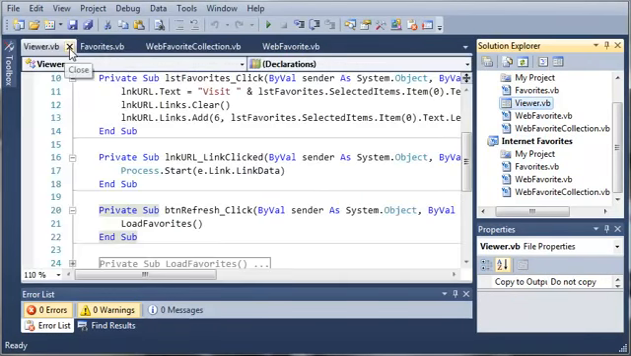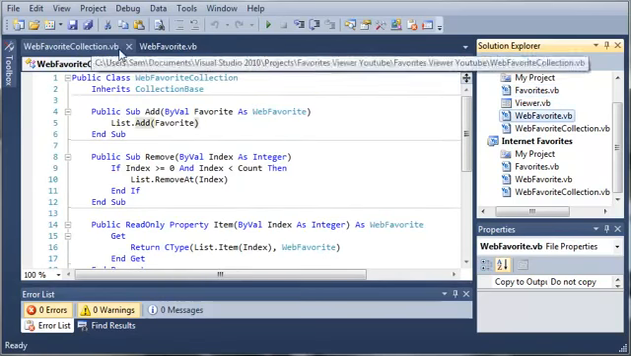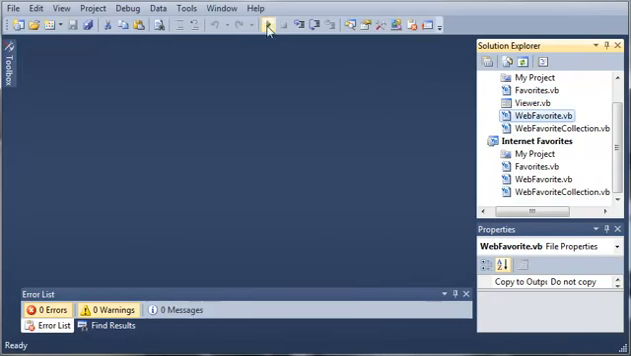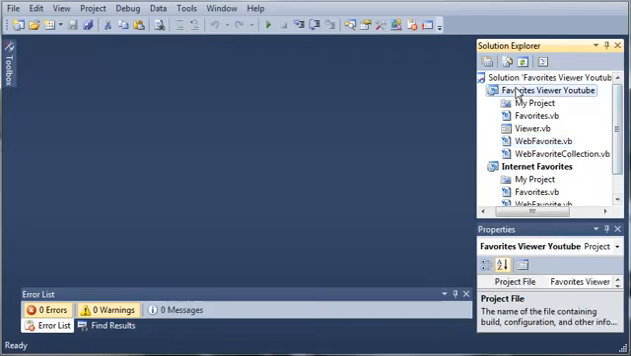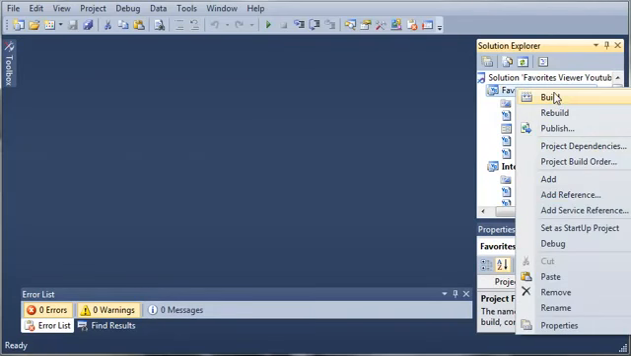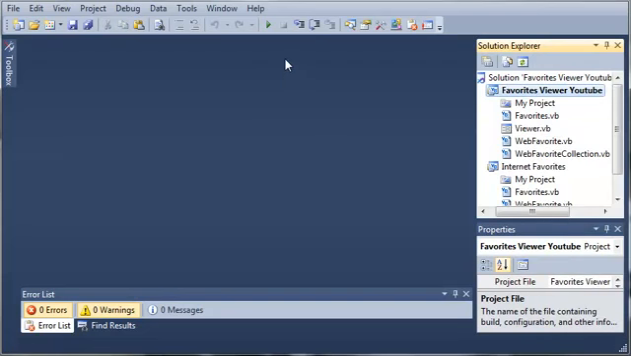In this tutorial we're going to be creating the web favorites tray application. So let's see here, we'll set the Favorites Viewer YouTube as our startup project, and if we go ahead and run this, you can see that it opens up